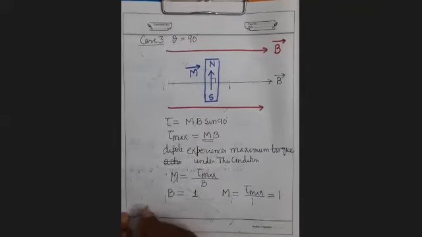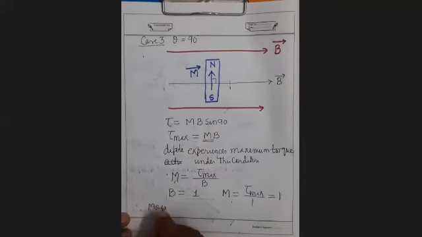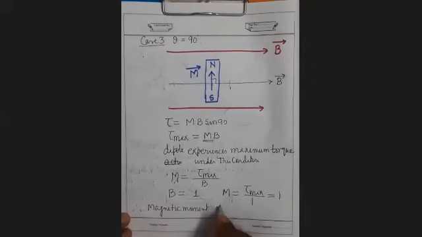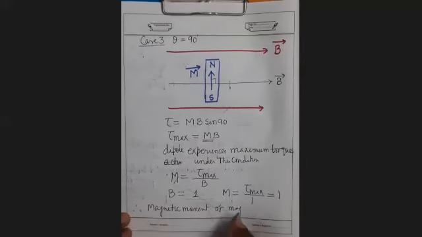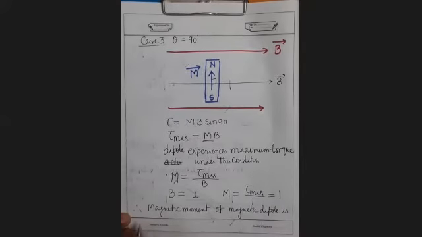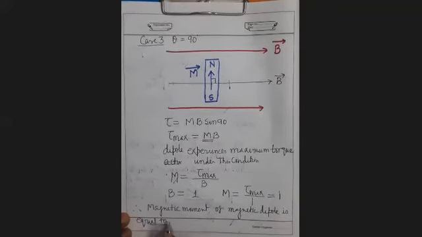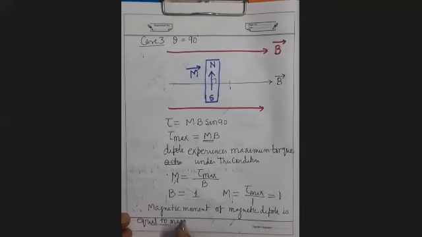Therefore, the magnetic moment of a magnetic dipole is equal to the maximum torque